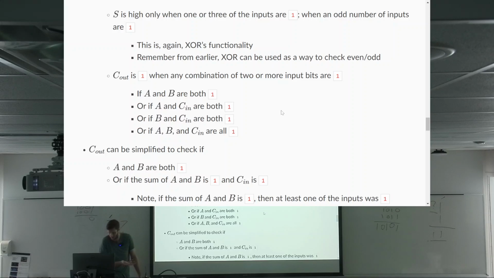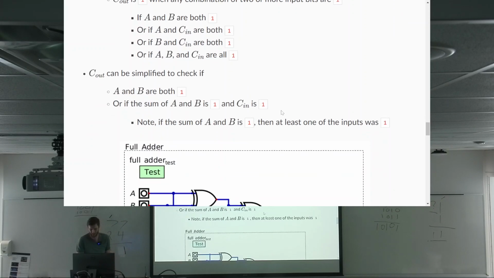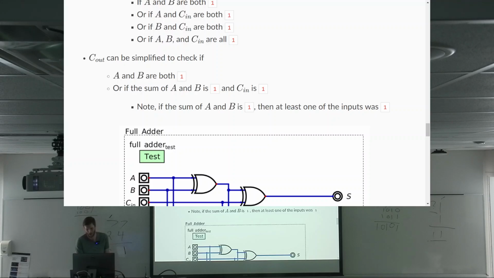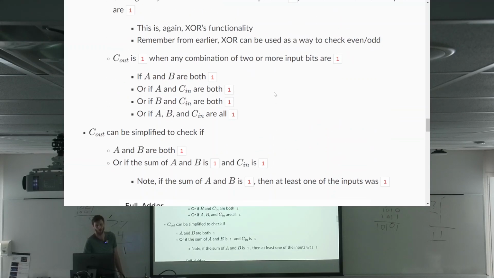build it. Now, C out can be simplified to check if A and B are both 1, or if the sum of A and B is 1 and C in is 1. So we're actually going to simplify this circuit even more. So we could have hacked it together with a programmable logic array,